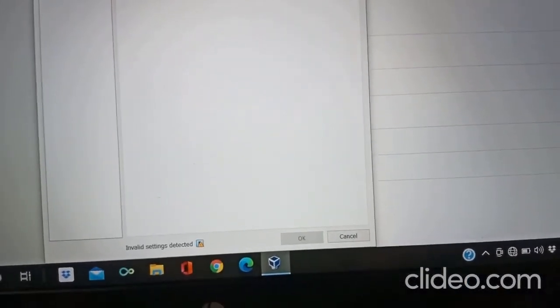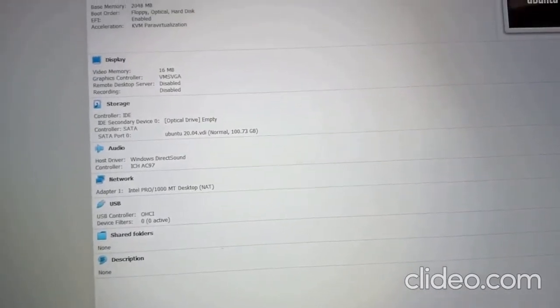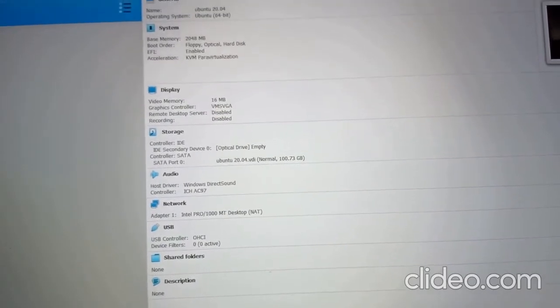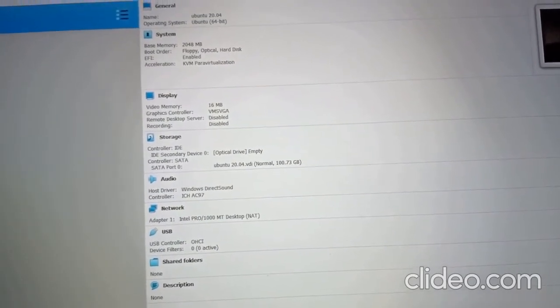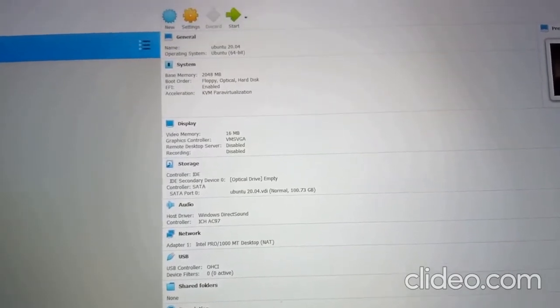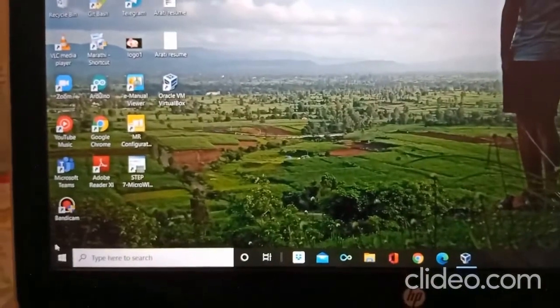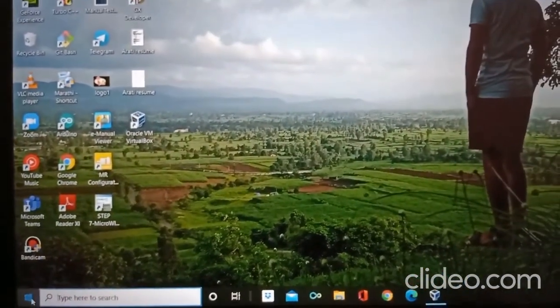So to overcome this problem, we have to change some settings in our system settings. So go into system settings.